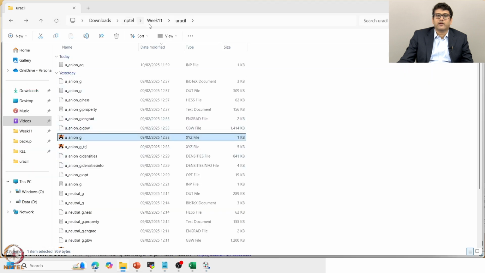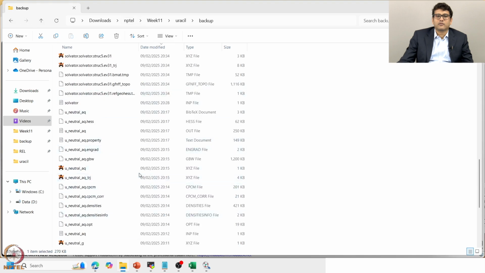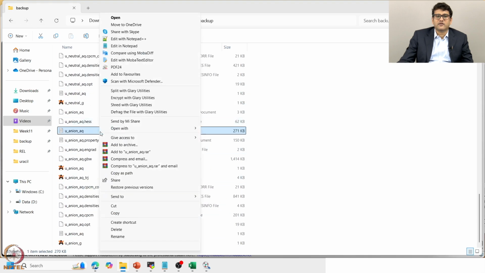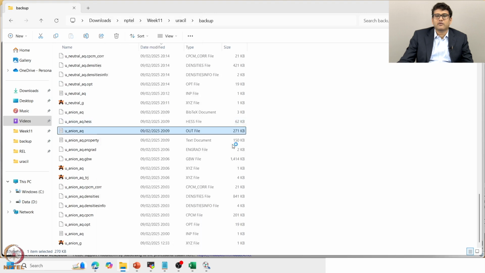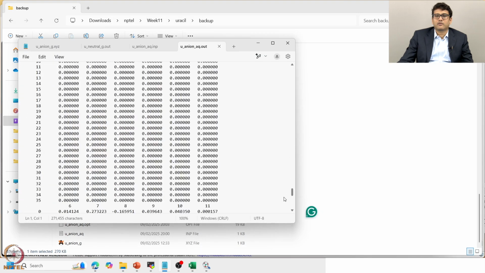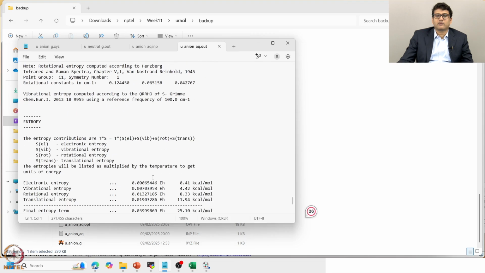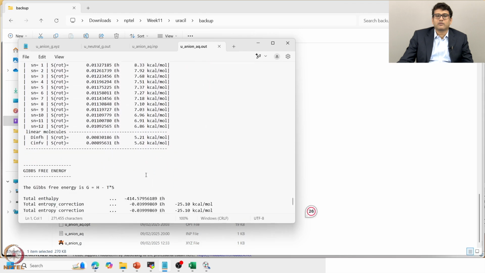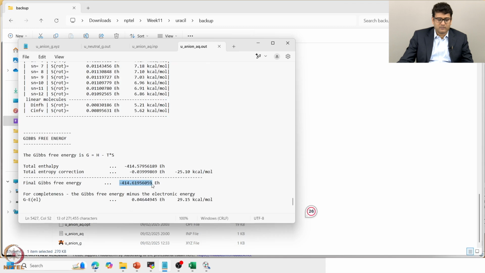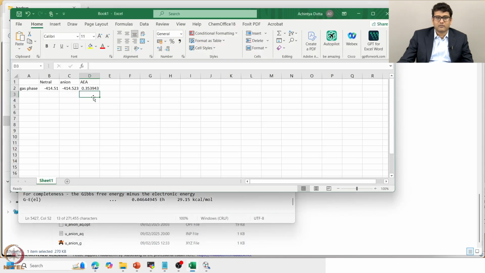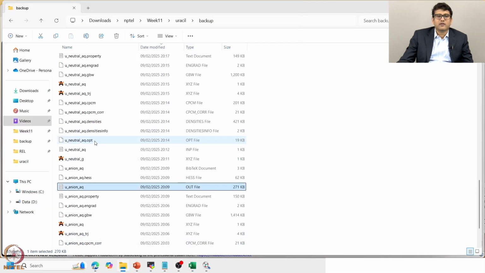Now I can take the free energy values from here. I can open it with Notepad. And similarly, I can do the optimization for the neutral also in the aqueous phase. And if I do that,